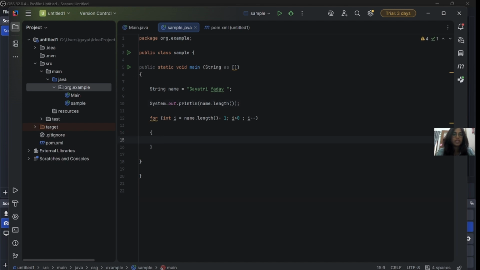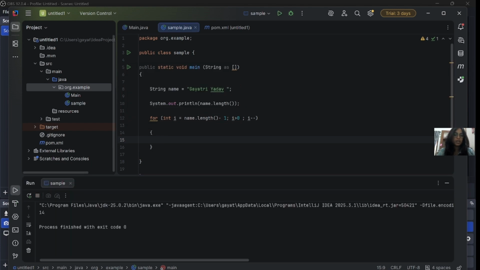Just for your reference, let's run it. See here, it gives you 14. 14 means the count of this string's characters is 14. That length we are assigning, and from 14 we make sure it goes in decrement format, meaning in minus format: 14, 13, 12 like that. So here we declare this.